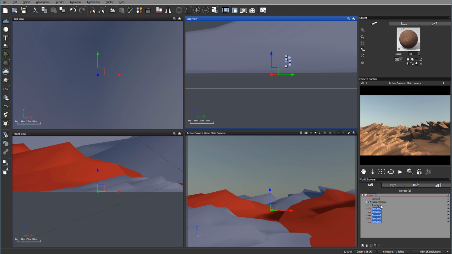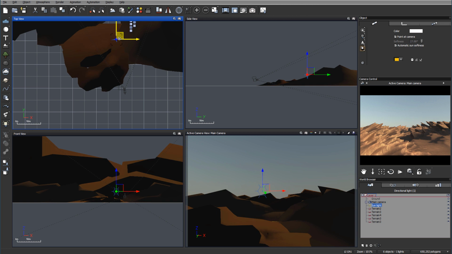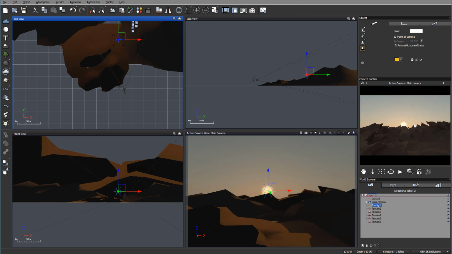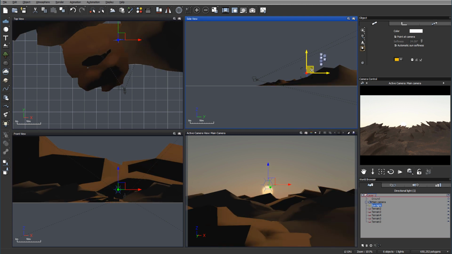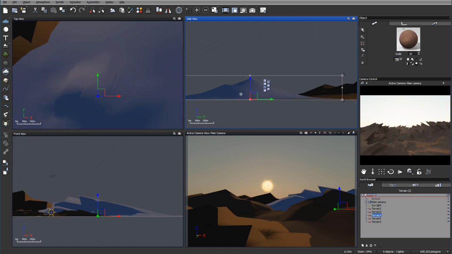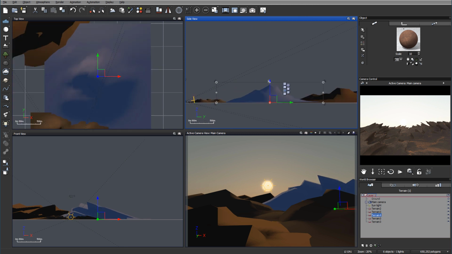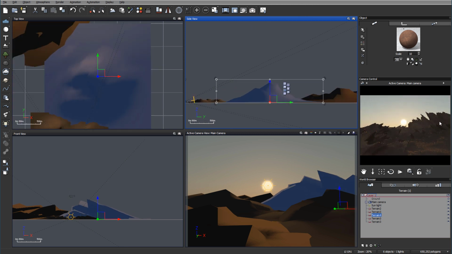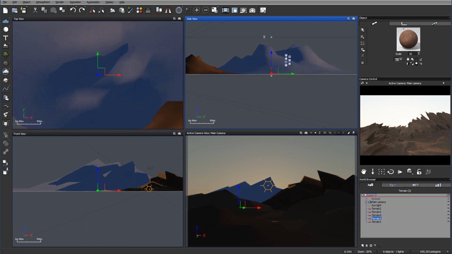Next, we want to play with the lighting and sunlight. So we'll take the sun and put it opposite to the camera. So right here, you can see it already creates quite a bit of a look for us with shadowing and other stuff. You know what, as I'm speaking, these back mountains, let's bring them up so they look more overhanging. This one and this one on the back,